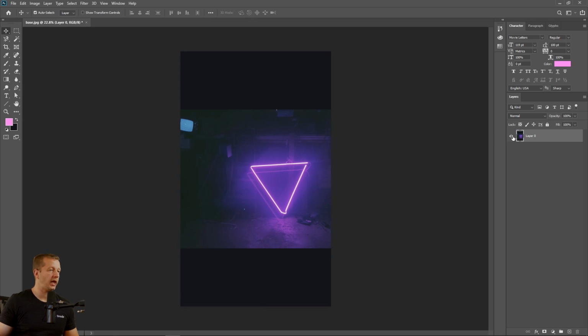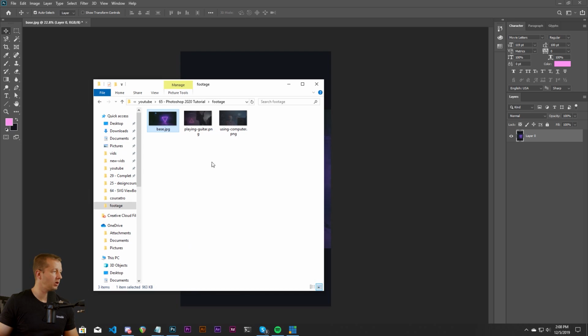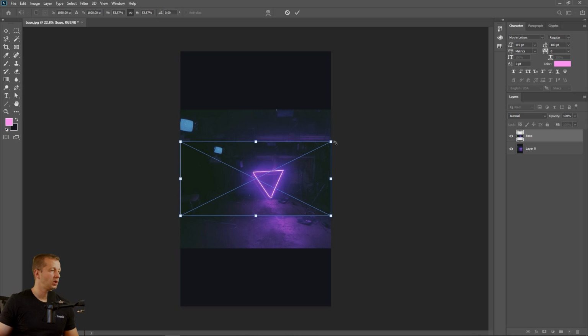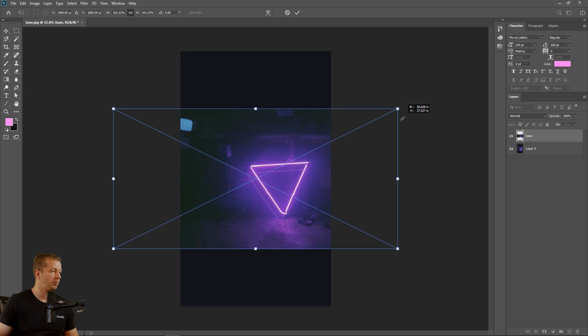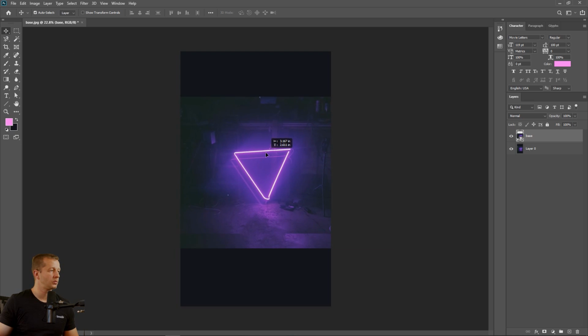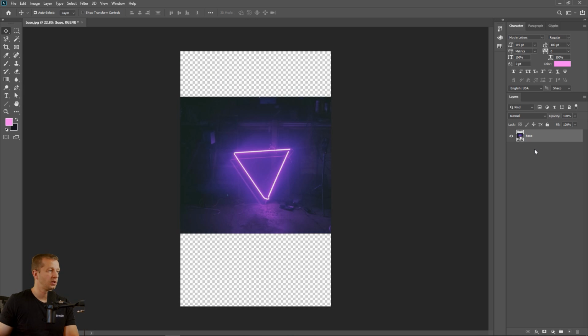So what we can do instead is go back to where that image was, and I can just drag it on top, and we have the option to scale it up. We'll select the move tool, and when we scale, you hold Alt and then just drag up, and now we have this other layer. We can get rid of this layer, and now we have this checkered background. The checkered background, you'll see often, means there's no pixel data here. It's just transparent. We don't really have to worry about the background for now,